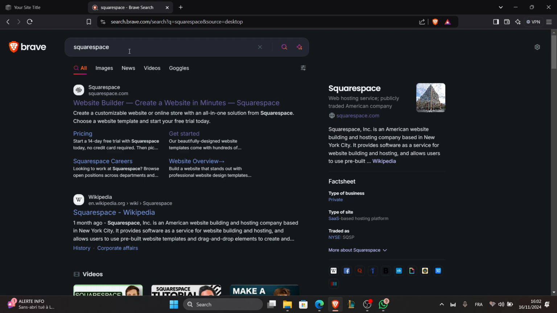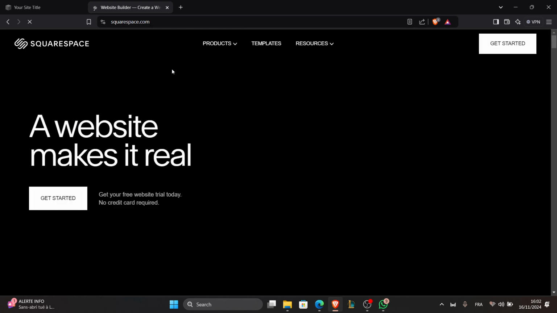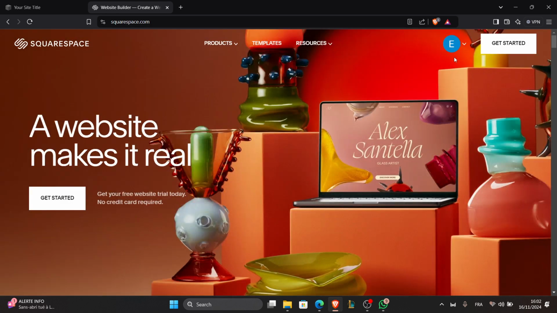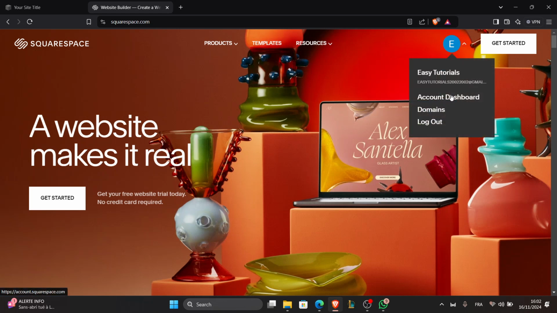In your Squarespace dashboard, go to Settings, then Advanced, and choose Import and Export. Now before you do that, you have to access your Squarespace account, and to do so, just type in Squarespace in the search bar and open the website right here, and then enter your account credentials to log in. After you do that, click on Account Dashboard right here,